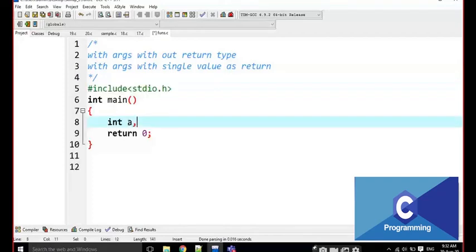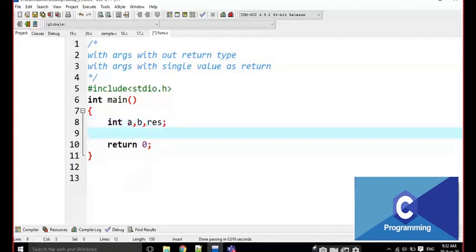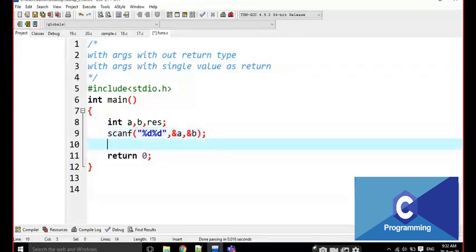That's it, nothing else. And the sum result. There are three variables: a comma b comma result. Here I am going to read a comma b, percentage d and percentage d, comma ampersand a comma ampersand b. I am going to read two values here.